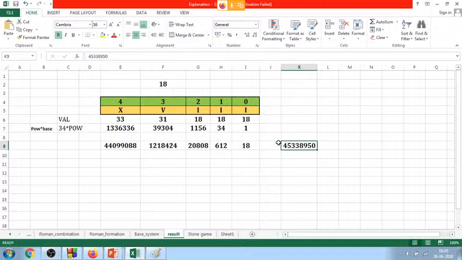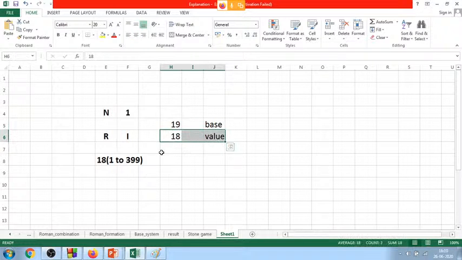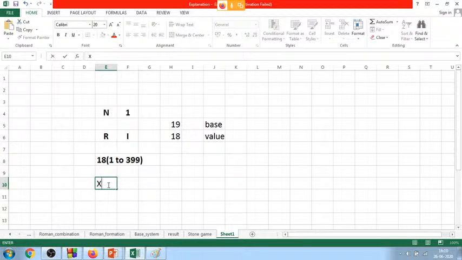This is the reason I told you that your second step is important. Let me repeat your second step. For a given number 1, I will have I as my Roman number, where I's equivalent value is 18 and its base is 19, where this value is less than 399. If the value is less than 399, again I am supposed to form Roman for this particular number. Here, if I am forming Roman for this particular number, it gives you